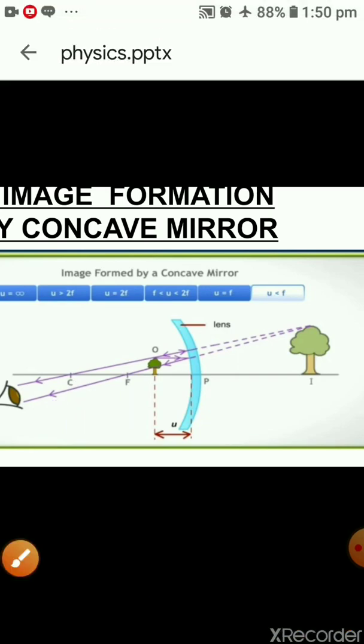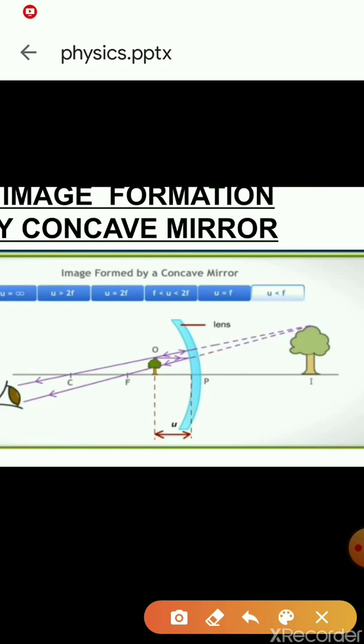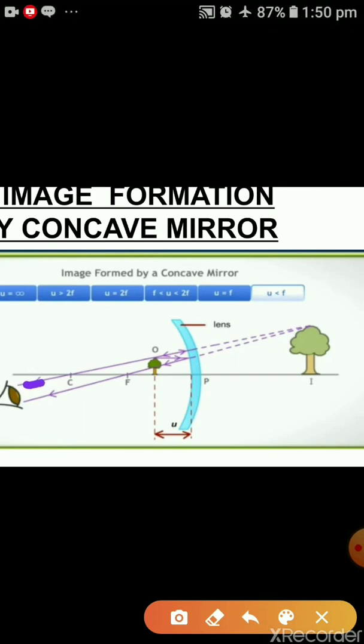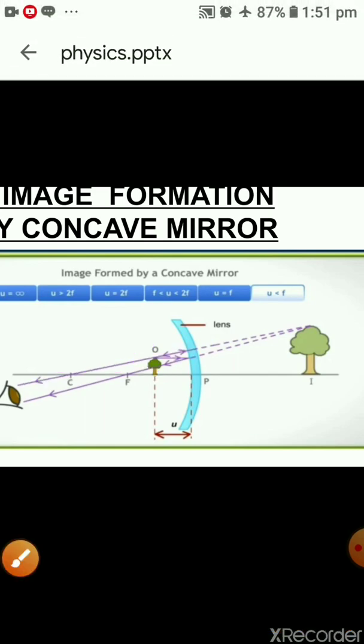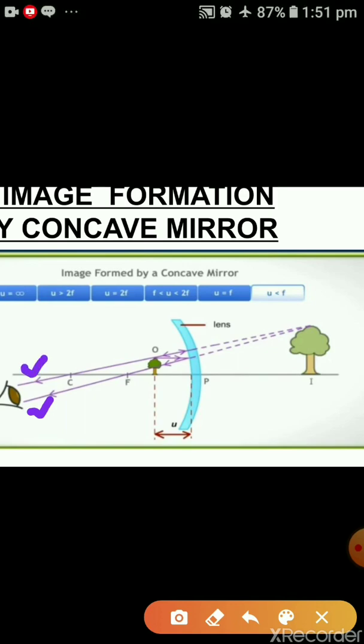Now we have to show the other incident ray. The second incident ray is coming from C, and then it is striking the surface of the mirror. As it is striking the surface of the mirror, according to the third rule, it will go back along the same path. So this is our second reflecting ray. So these two rays we are having, reflected ray 1 and reflected ray 2.